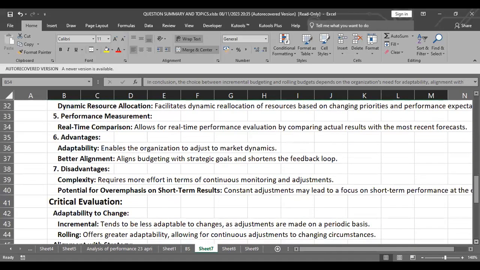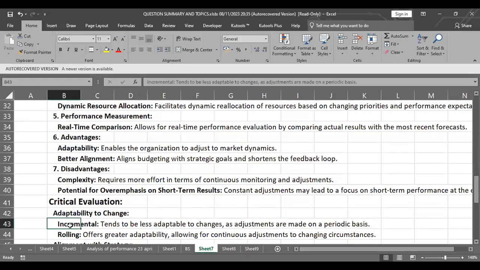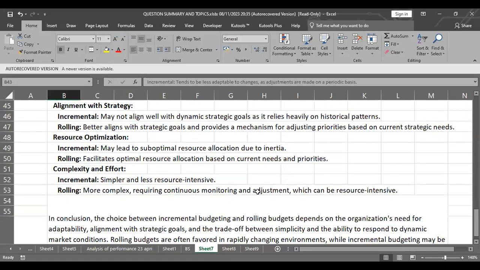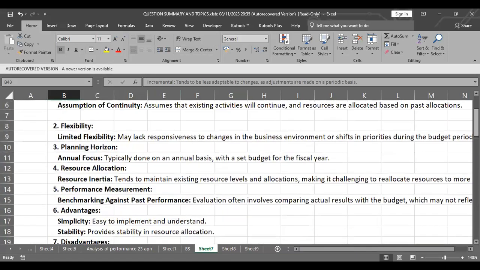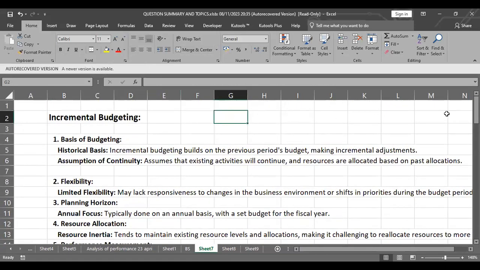Have I answered the question? Yes, you did, sir. Thank you. So I even put the differences here. There is continuous update, and this one is incremental update. I'll try to put this in a table to show the differences, because it is not coming out properly as I wanted. There will be rolling here, incremental here, rolling here, incremental here. I'll put all this in a table and maybe you can check it out.